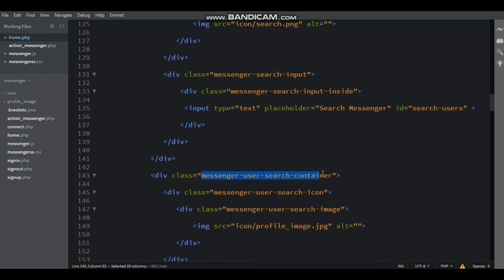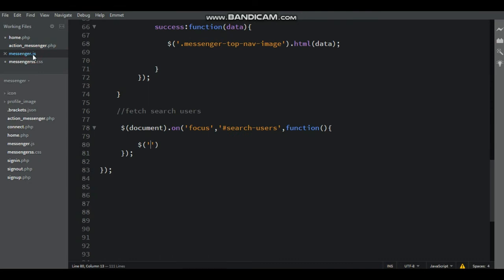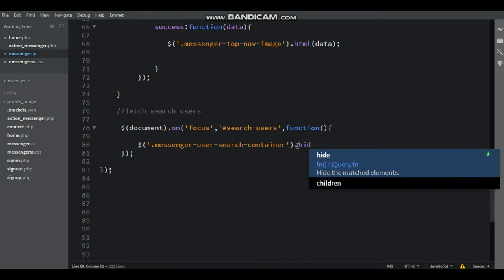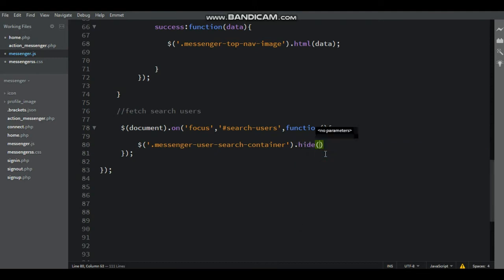Now inside dollar, inside bracket, inside double quote, single quote, dot messenger user search container dot hide, close with semicolon, and same copy and changes the class name.